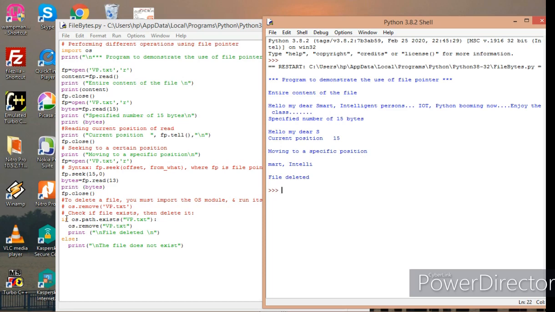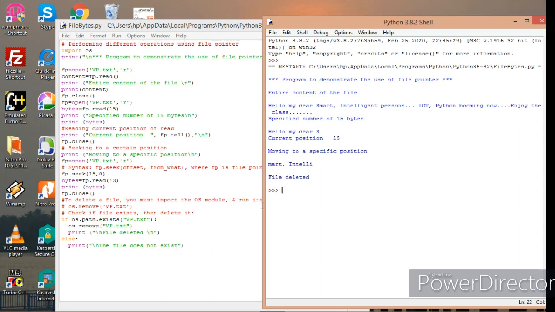Now I want to check if the file exists, then delete it. For that I can use an if statement: if os.path.exists('vp.txt'), then os.remove, and print file deleted. Else, if this vp.txt does not exist in that particular path, it will print the file does not exist.